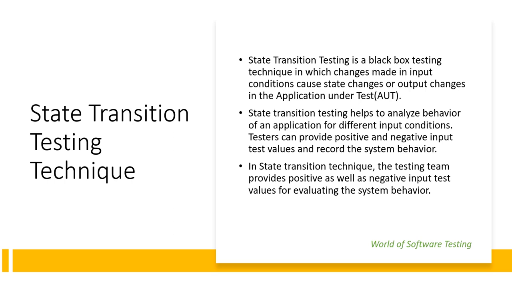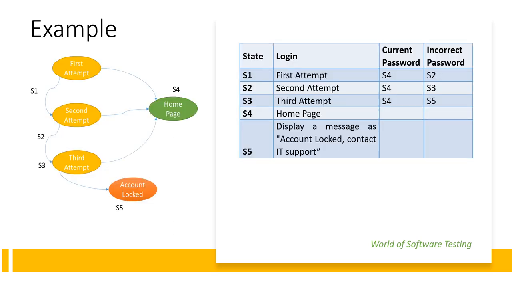The testing technique allows the tester to test the behavior of the application. The tester can perform this action by entering various input conditions in a sequence. So in the state transition technique, the testing team provides the positive as well as negative input test values for evaluating the system behavior. Consider the example of a login page of an application which locks the username after 3